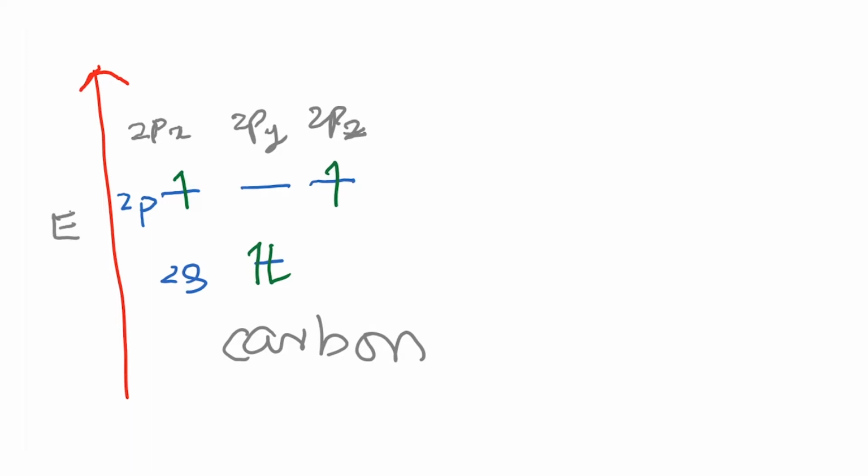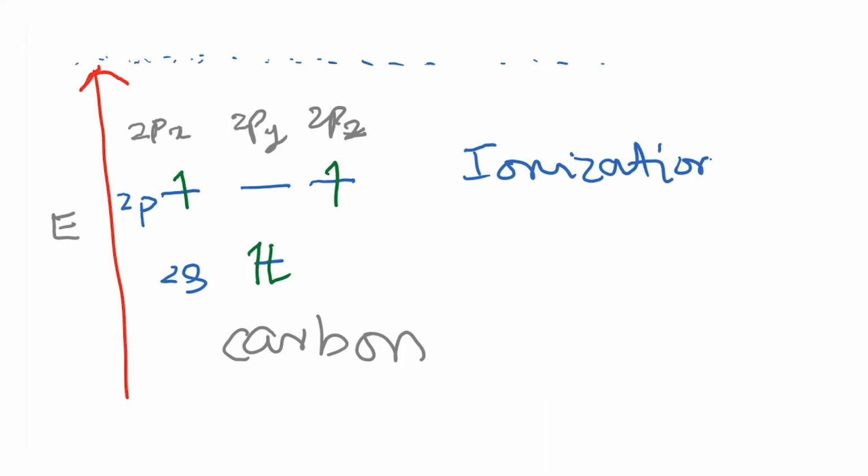Okay, and now, for carbon, let's think about what happens when you pump in some energy. When you do that, one of these electrons goes away. That is, it is plucked out from the nucleus. So this is called the ionization energy. This is again something that you would have learned many times over in previous courses, but this tells us how close the electron is to the nucleus, and it also helps us understand electronegativity in one way.